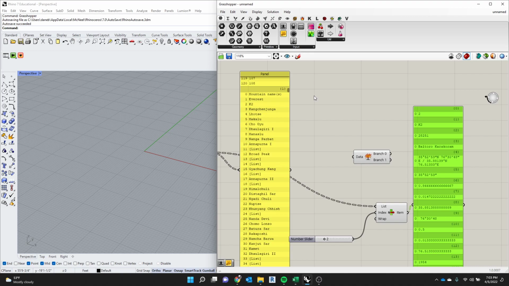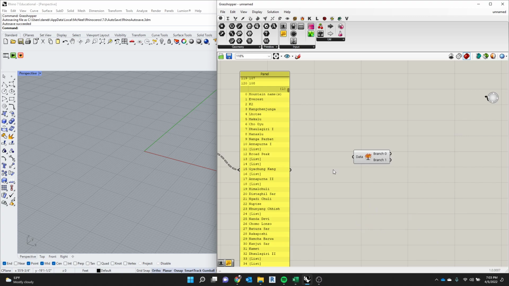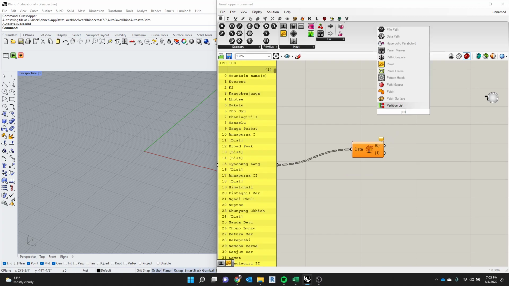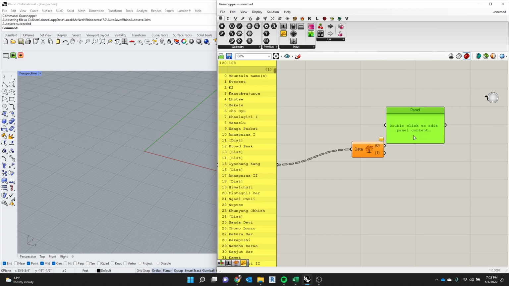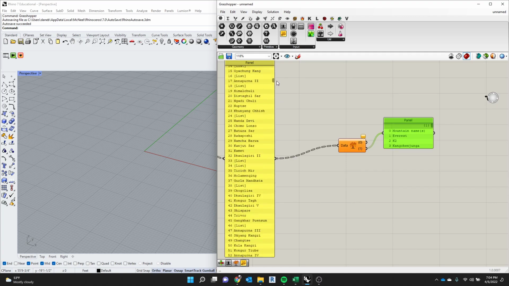That's not what we want. We want all the heights. So we want the second sublist, right? So with this, I'm going to delete that. With this branch node, what you'll see comes out is it grabs all the branches, right? So if I plug 0 into here, it grabs just that first 0 list. The 1 list grabs the mountain names. Or I guess, is that the mountain? Yeah, it gives mountain names. But I want